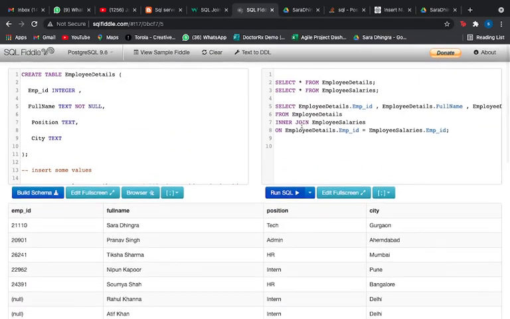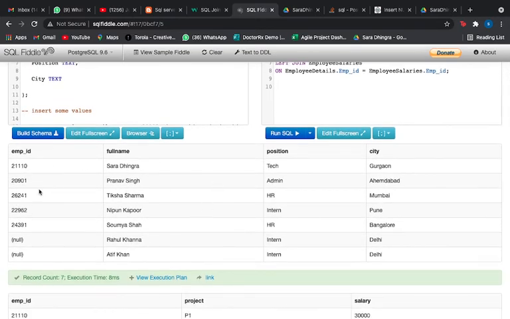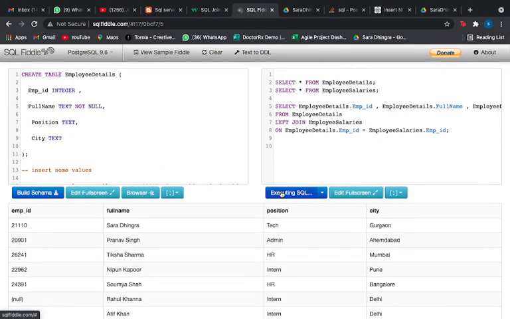Moving on, we are going to talk about outer join. So for outer join, we are first going to talk about left outer join. You can write left join or left outer join, that means the same thing. So what was left join? Let me remind you, it is going to fetch you matching values plus non-matching values from the left table. What is our left table? The first table that we have, employee details table. So let us try running this.